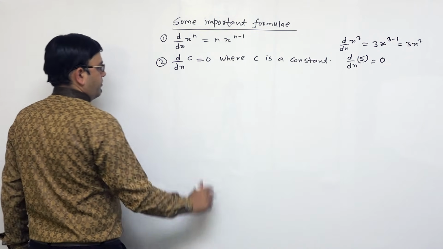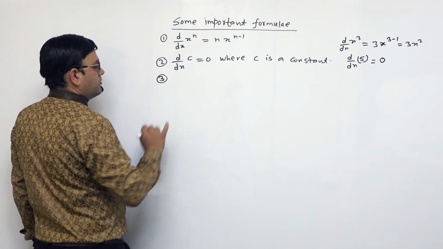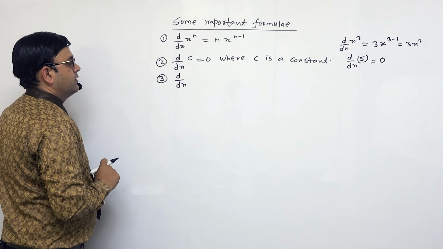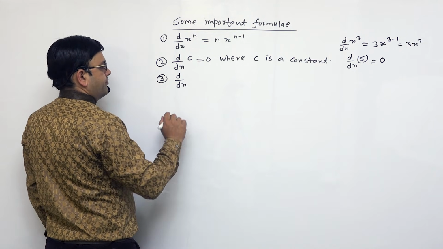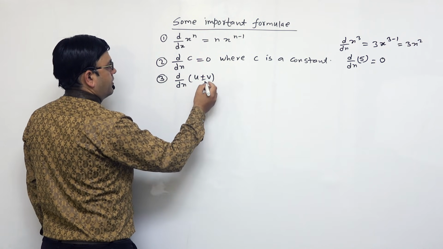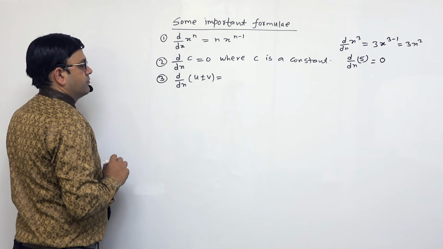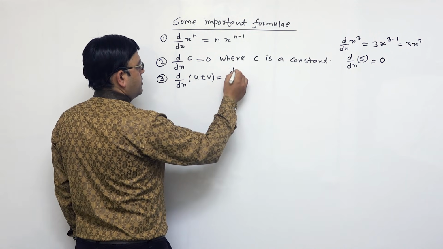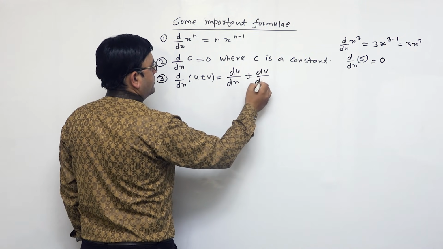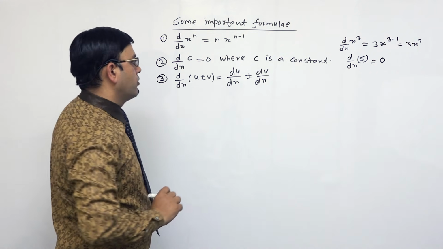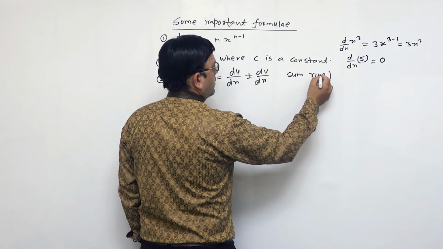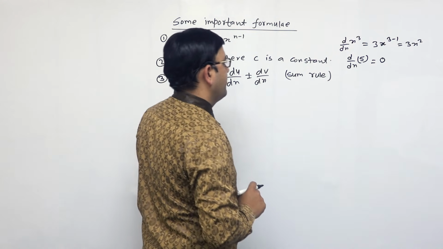So the third formula is d by dx of u plus minus v is equal to du by dx plus minus dv by dx. This is known as sum rule. So example of this is,